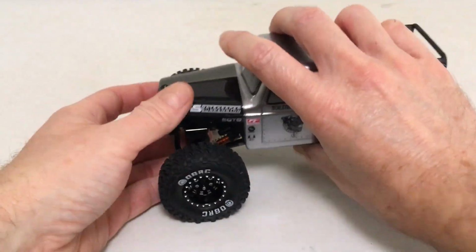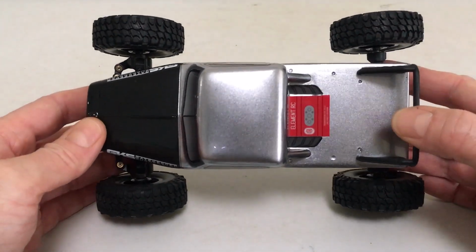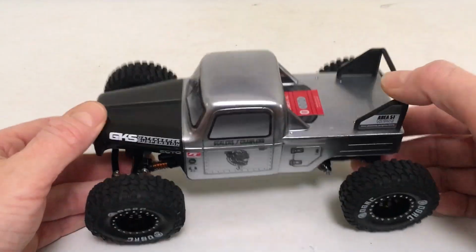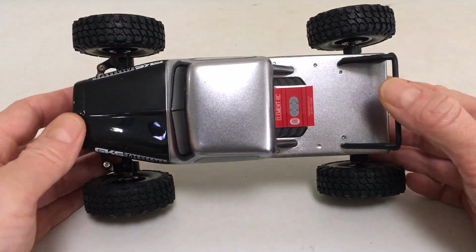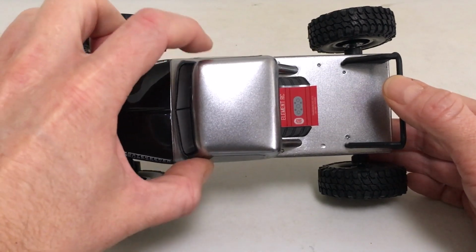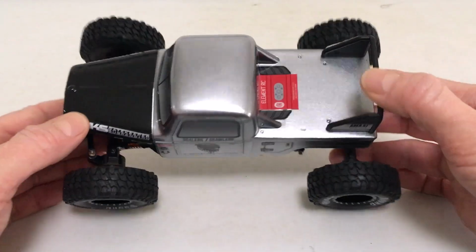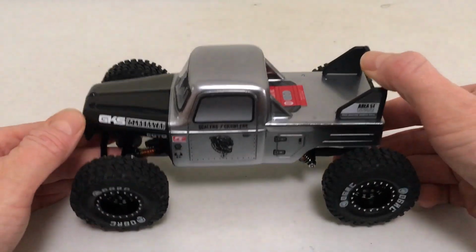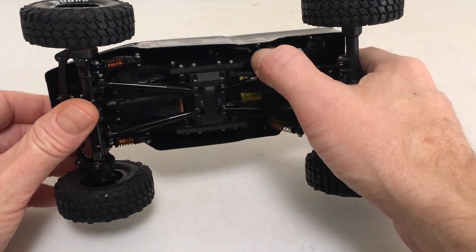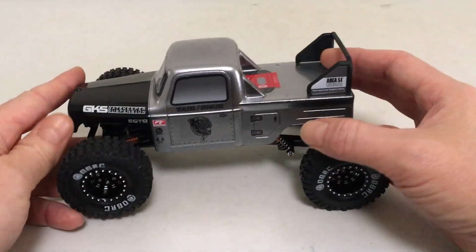So this is a shorty little body, super narrow. I wasn't originally planning to put a body on this chassis, but it was too narrow for the chassis I had planned because I wanted to do a horizontal battery up here, and this guy is just too narrow for that kind of setup. So I was just playing around and threw it on this chassis and was like, wow, this fits pretty well. And the fact that I broke a shock mount at one point, and I've since Shoe Gooed that back and re-drilled a new shock point, but